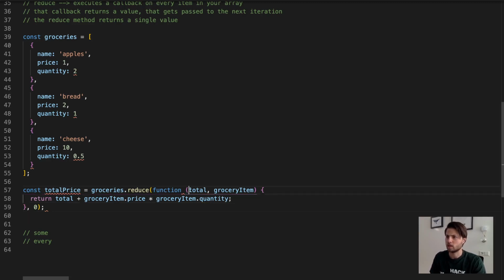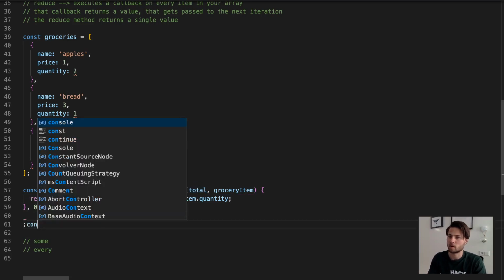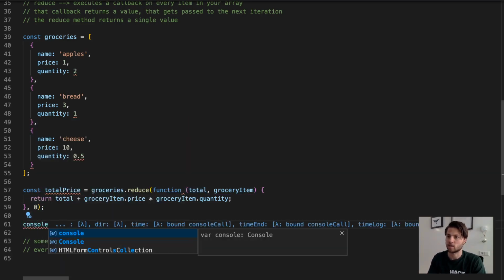Now we can see that the first time it is called with 0, the second time it is called with 2, because 2 times 1 is 2. Let's make this price a little bit more interesting. Let's make it 3. Okay, so now we have 2, then the second time it gets called with 5, because 3 plus 2 is 5, and then the last time we can't see, but if we now log the total price,